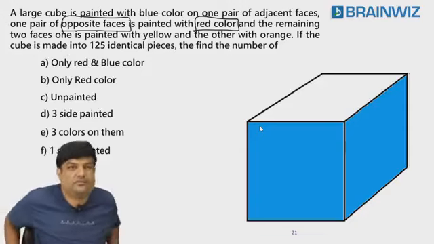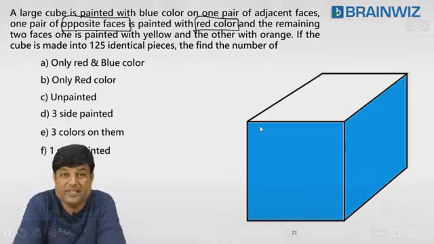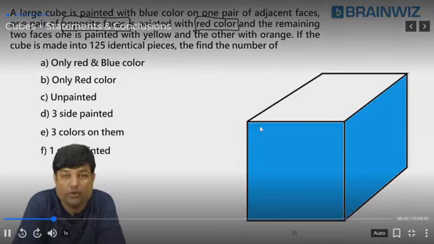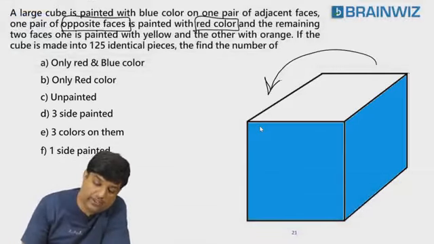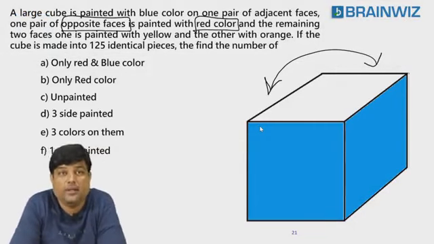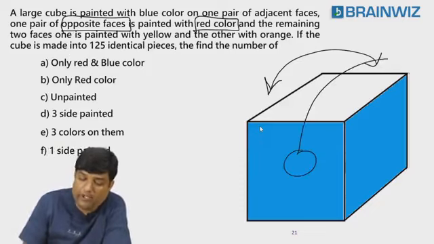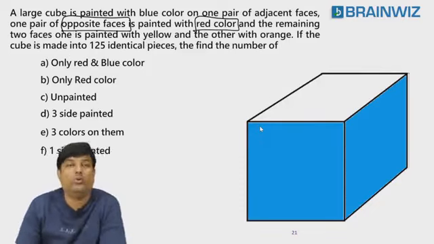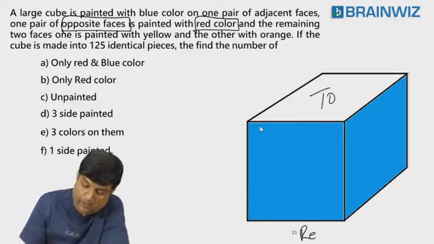Come on, students. Where shall I paint red? Saying top and bottom. We should top and bottom. Why not front, back? Back and left are not opposite. They are adjacent. Babu, I told you. Okay. Clear? Top and bottom is the only place left. Why not left, right? Sir, already left, right is over. Why not front, back? Sir, already front is painted. So only face which is left over is top and bottom.